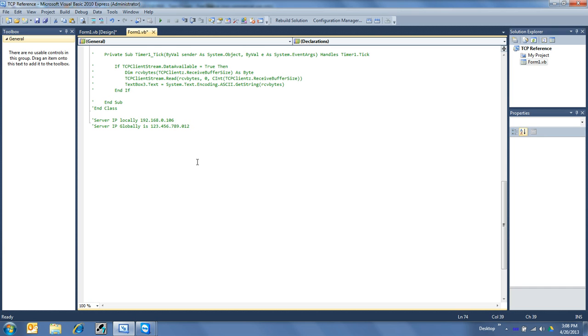Okay, that's my global IP address. You can go to, I think it's, www.whatismyip.com to get your global IP address. And so then on your server router, and it's different for every router, you could say port forward port 1000 to